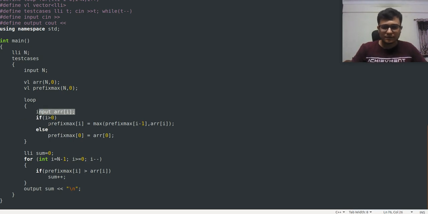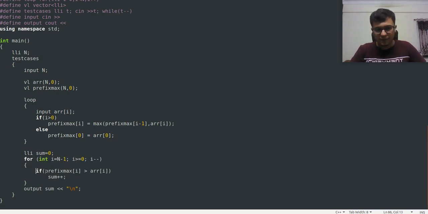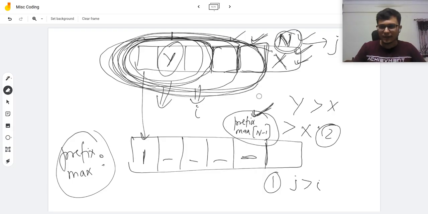And once this prefix max is calculated, we'll initialize the sum variable as 0, and we'll go from right to left. For each person we'll see if prefix max is greater than ARR of i. This is very similar to what we talked about here: is prefix max of n minus 1 greater than x?